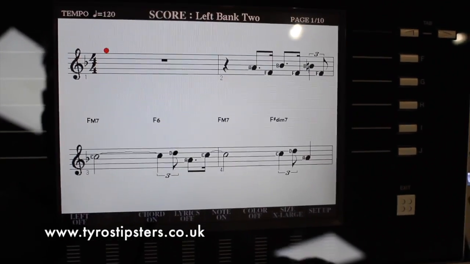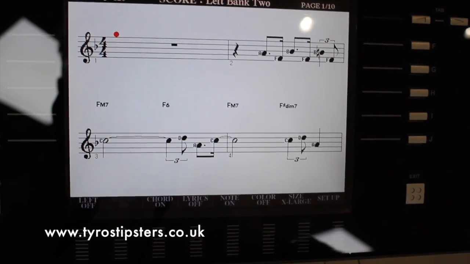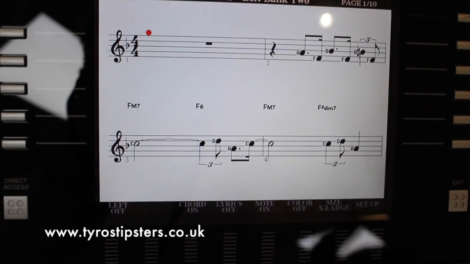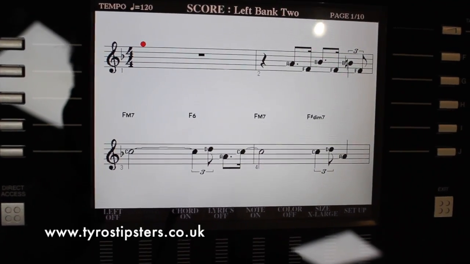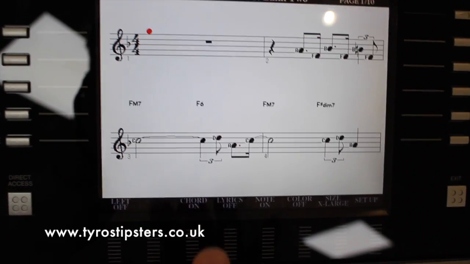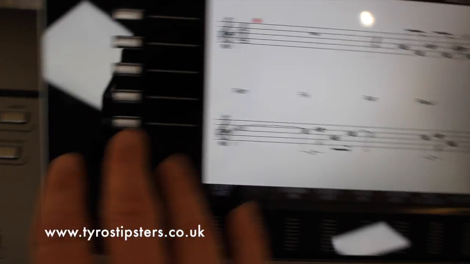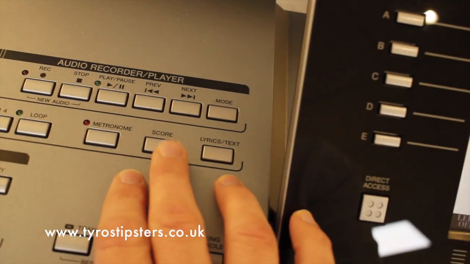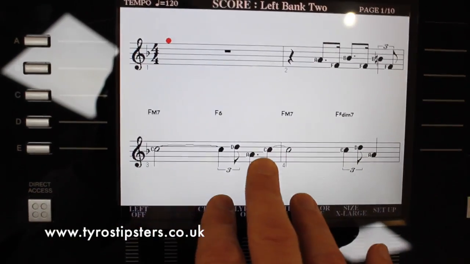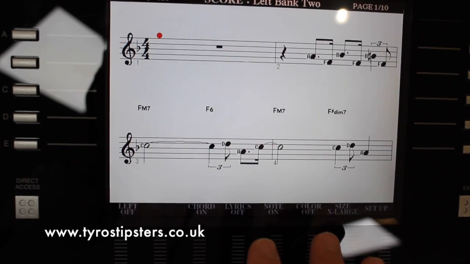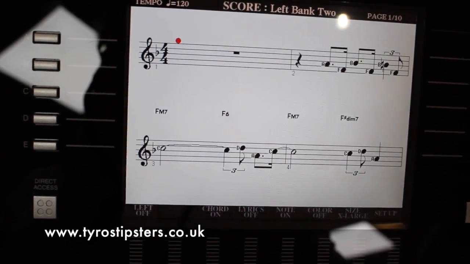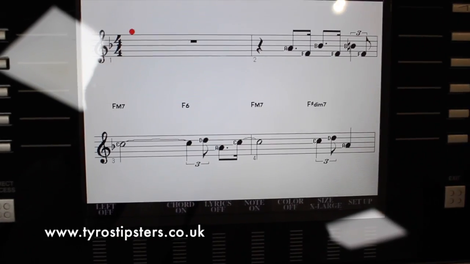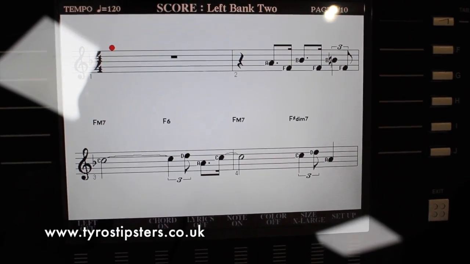Okay, a very familiar tune. Now I don't know how to play the right hand on this one, so this is going to be a little bit messy, but I want to demonstrate how you can learn to play a new song using this particular section. So I've chosen the song and I've pushed the score button just here. Now if I just push play, the song, as you've just seen, is going to play through without taking any notice of me whatsoever. It's going to race off ahead of me,